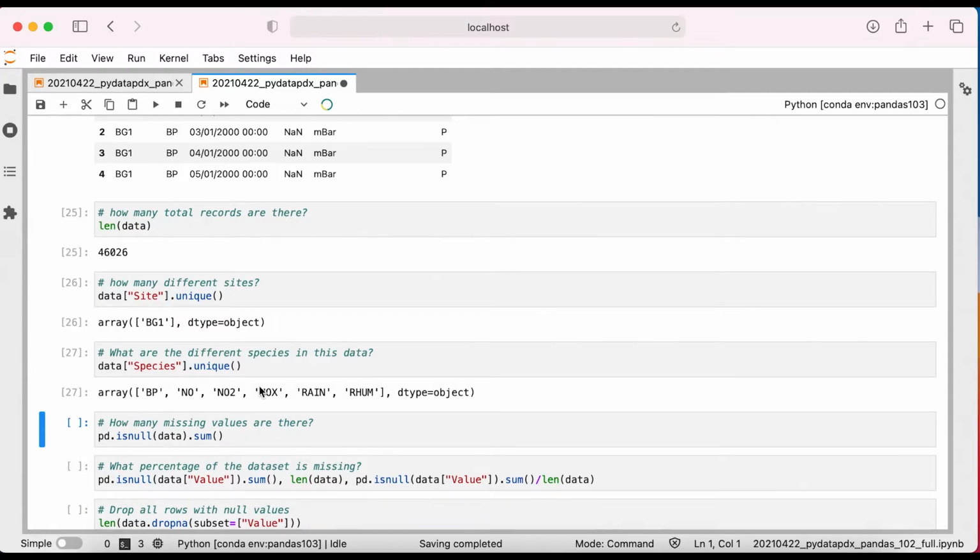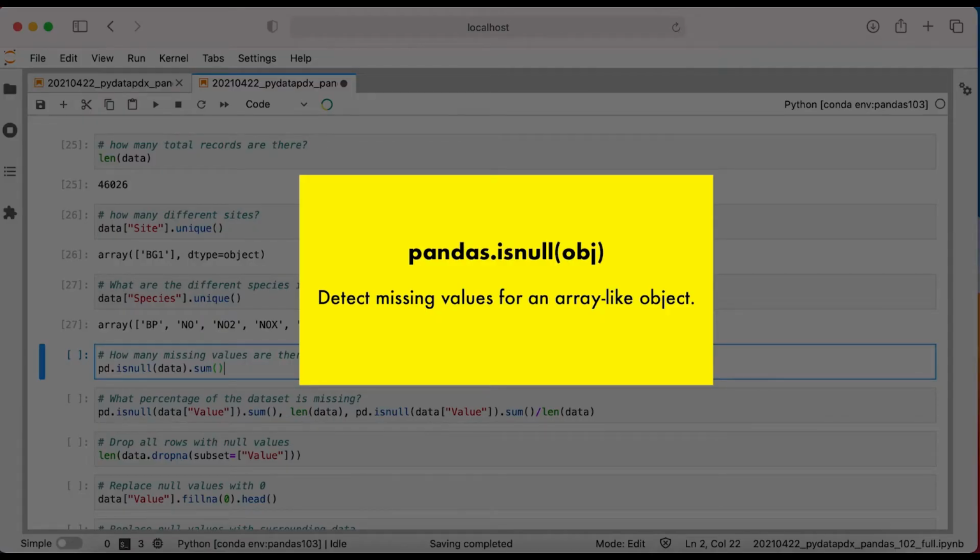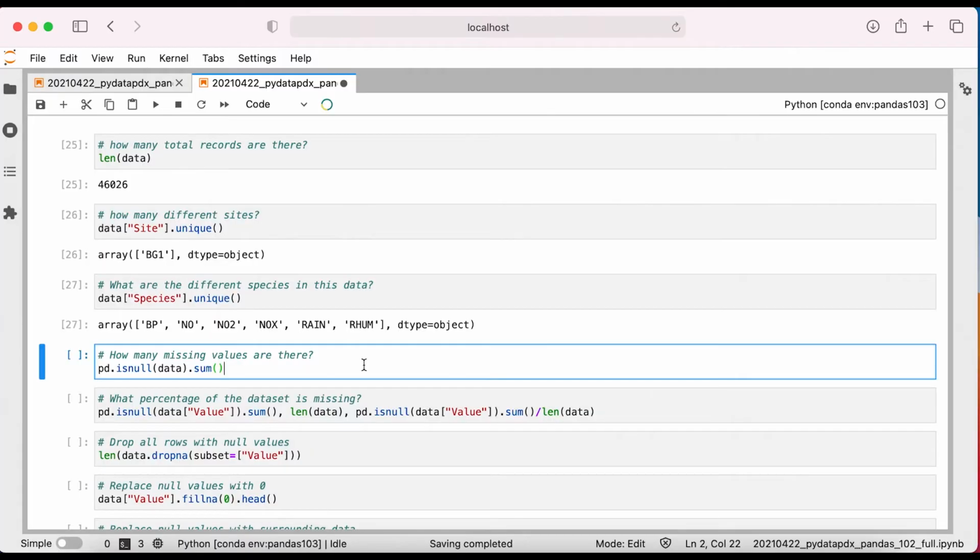Not all are pollutants, as rainfall, relative humidity, and barometric pressure are just properties of air and the environment conditions. I can identify missing values by using the isNull pandas method. I pass it my data frame and take the sum along axis equals 0, which is the default for this method.